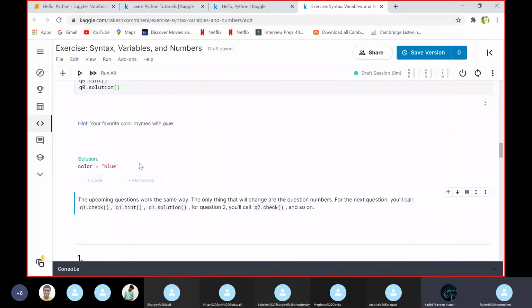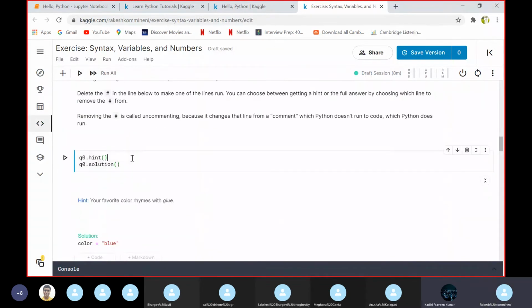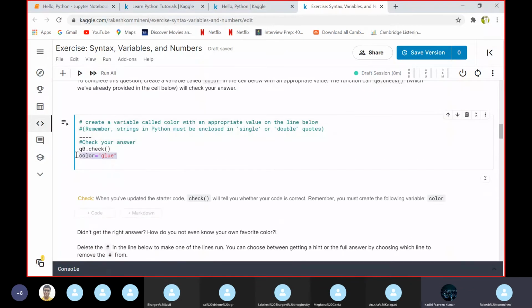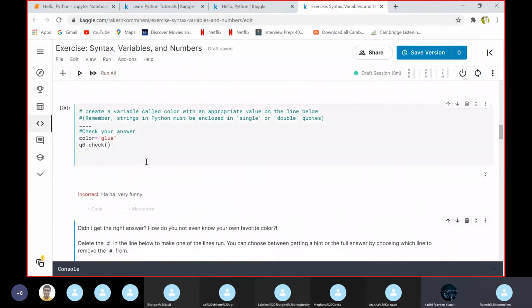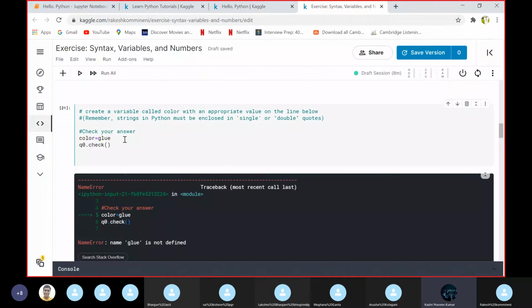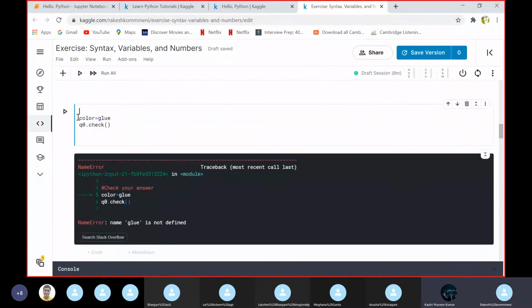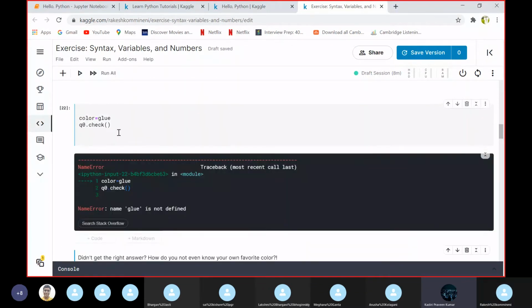Rakesh, write that statement above the q.check, not here, above. Go to the top. Put that on the top and execute. Remove the underscores above the check your answer, no comparison. Blue is not defined. Put it in quotes, and it's blue, not blue.